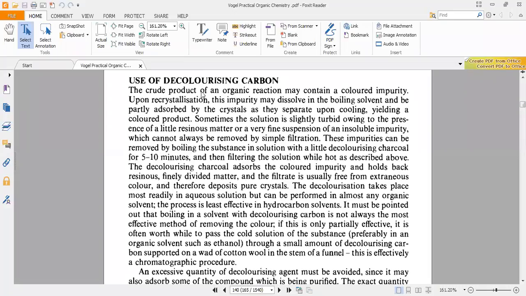The chlorophyll has a long carbon chain which has hydrophobic interactions, so it gets adsorbed on the charcoal. So the adsorption of sugar is very poor on the activated charcoal. This is the procedure used in the industry as well. This is another way to remove the colored impurities from the crystallization chamber. So we use decolorizing agents, and activated charcoal is one of them.